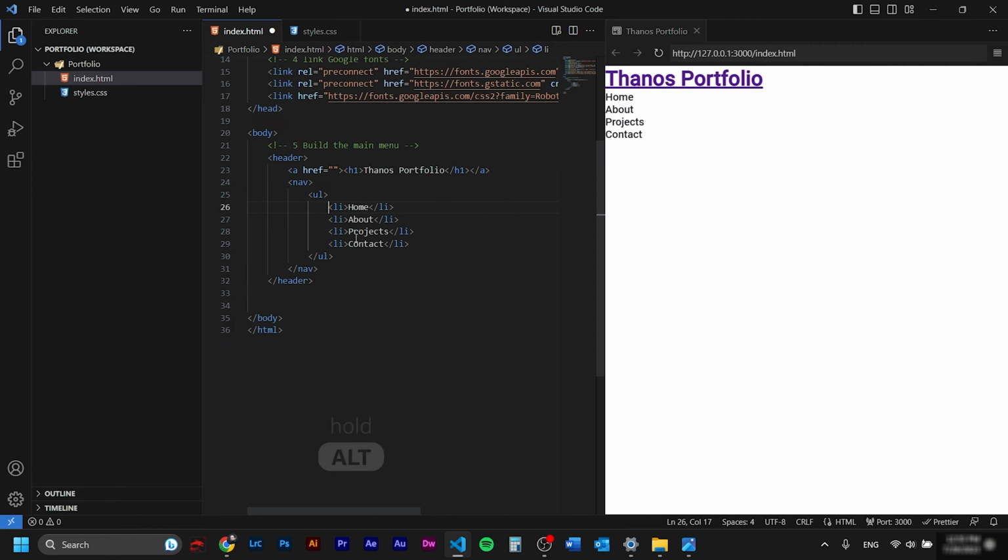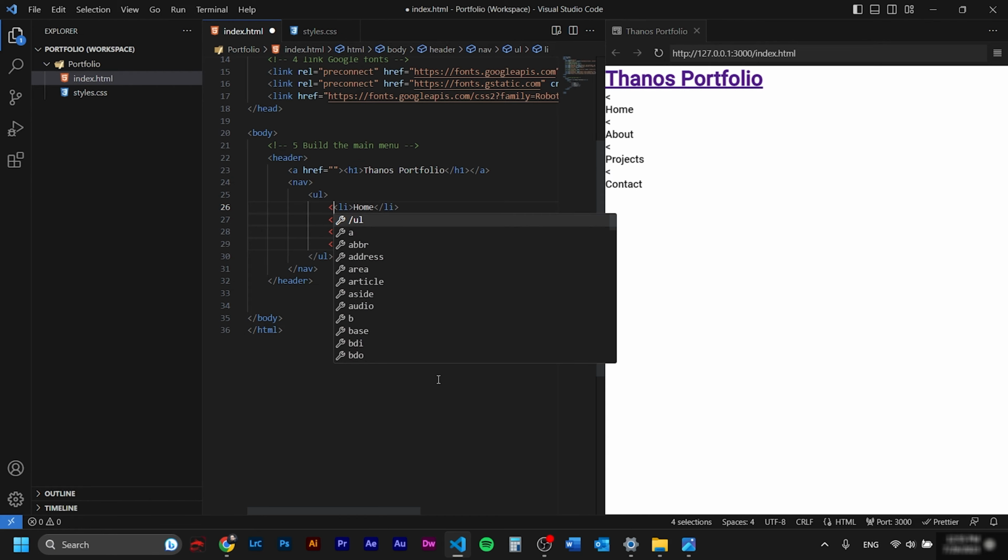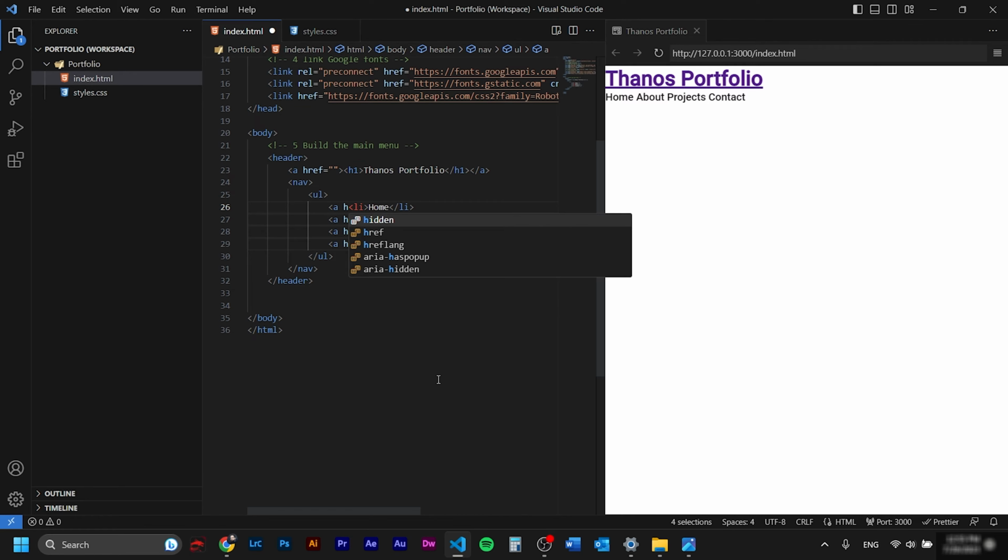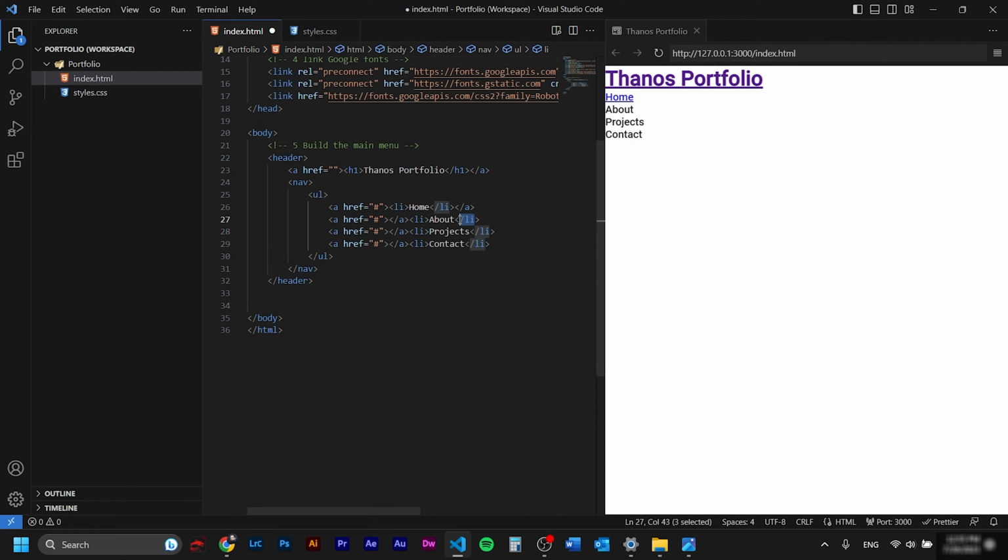I want to show you something very exciting again if you didn't know it already. By holding down Alt and clicking on every line you want to write, you create this thingy and it's like four of you are typing at the same time. So we have A, we put the href, down here with tab, equals number sign, go one on the right, close the tab, and we put inside the A's 1, 2, 3, and 4. Boom.